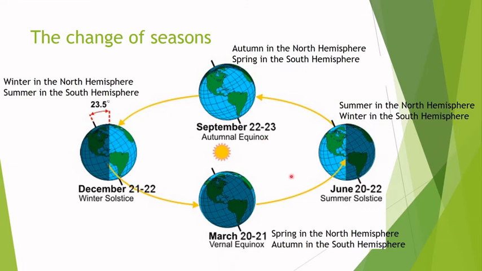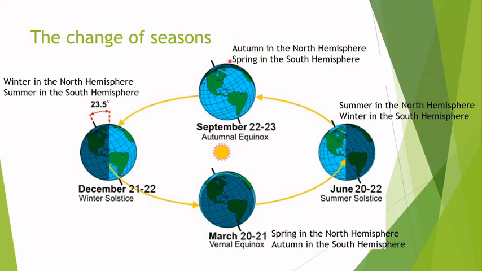So, whilst the earth is going around the sun, when the earth is closest to the sun, that's when we have the equinox. As I said before, in September it happens between the 22nd and the 23rd. It depends on the year, if it's a leap year, if it's the first year after a leap year or not. On this day, in the North Hemisphere the autumn begins,